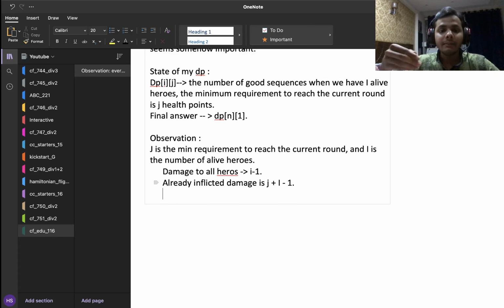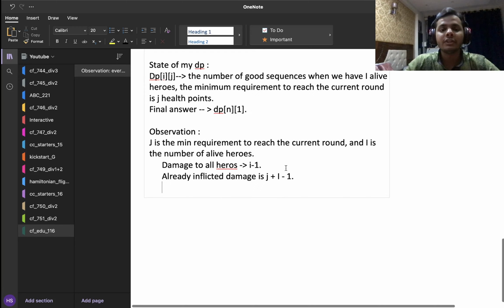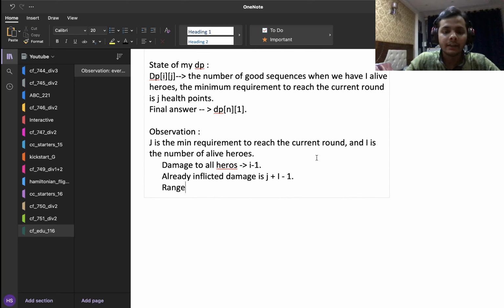So what that means is I have a range of health points which one should have so that he is going to die in this particular round, and that range is nothing but starting from the minimum requirement which is J and going all the way up to J plus I minus 1.